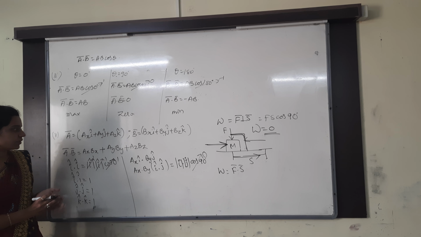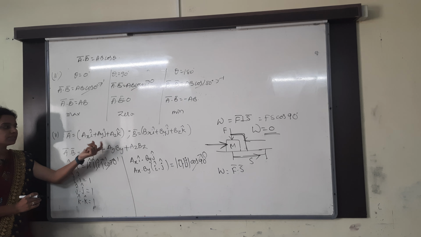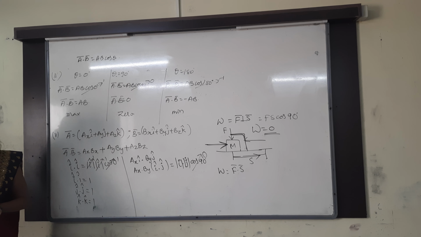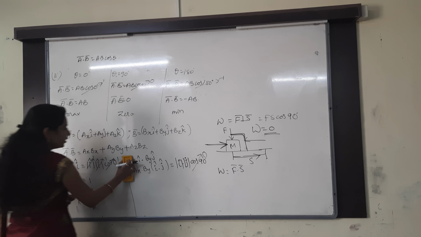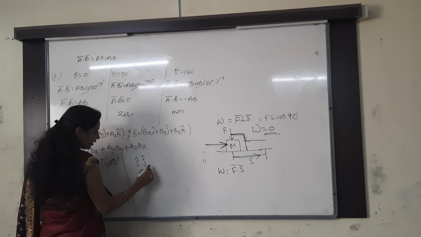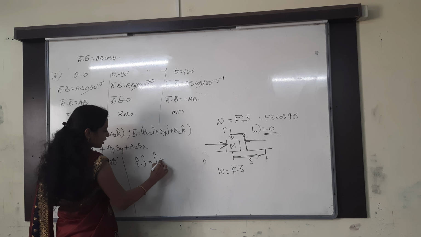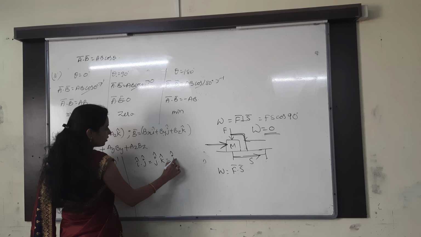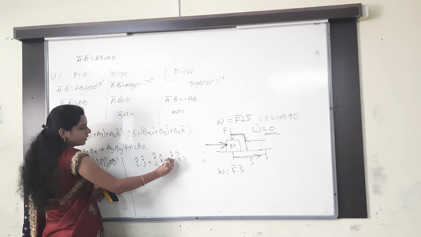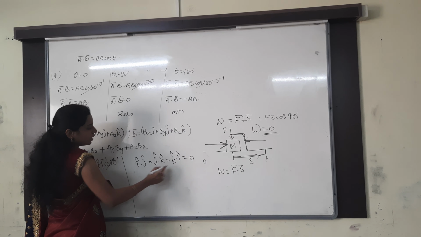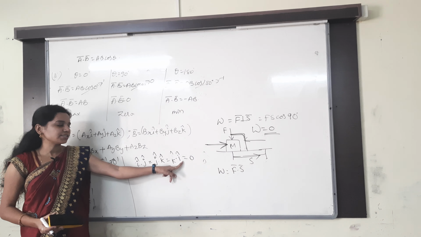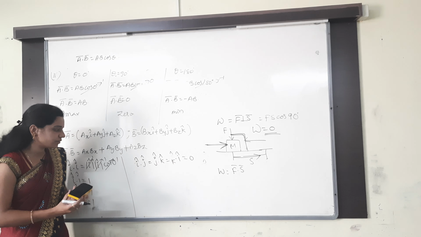So there is no need to take it here. Understand clearly? Whenever you take like vectors, like unit vectors, only then do you have to take the dot product. Then remaining everything becomes 0 only. So clearly I can write that I dot j is equal to j dot k is equal to j dot I is equal to k dot I, which becomes 0, because all are perpendicular to each other: x axis, y axis, z axis and then x axis.